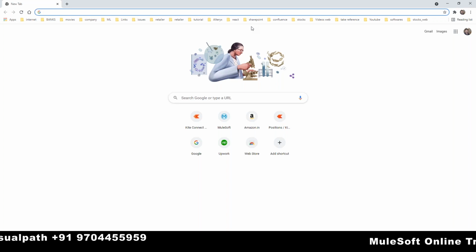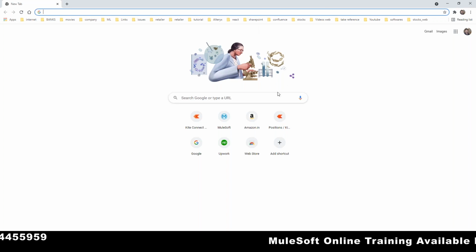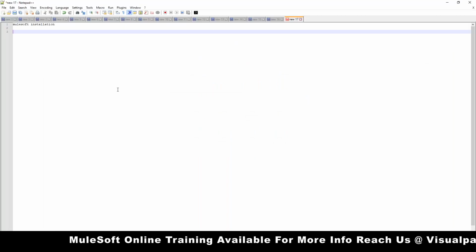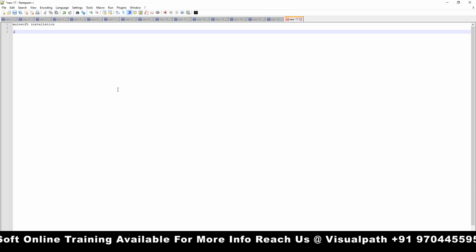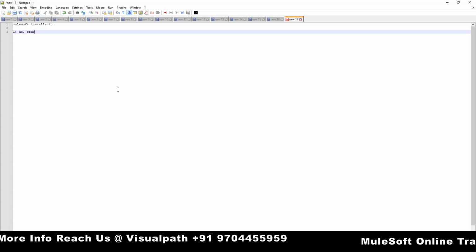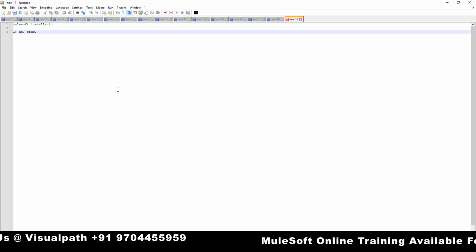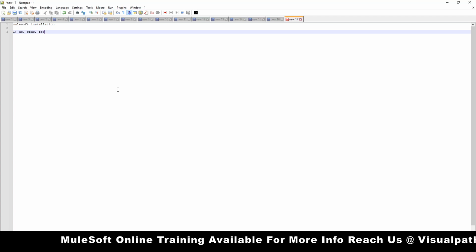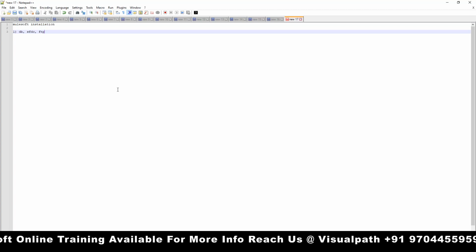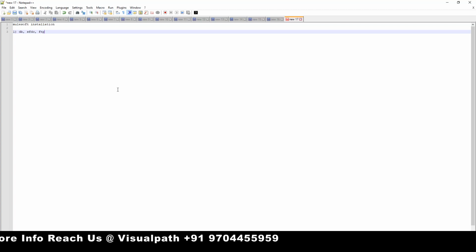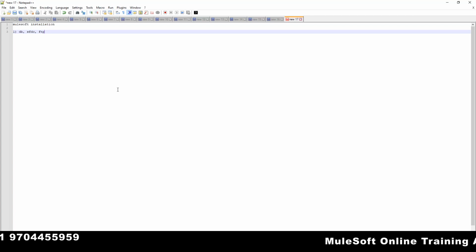Okay, so in any organization, any MuleSoft project, mostly it is going to deal with a database, Salesforce, FTP, and some companies may use different Salesforces like Salesforce Marketing, Salesforce Cloud, Salesforce e-commerce.